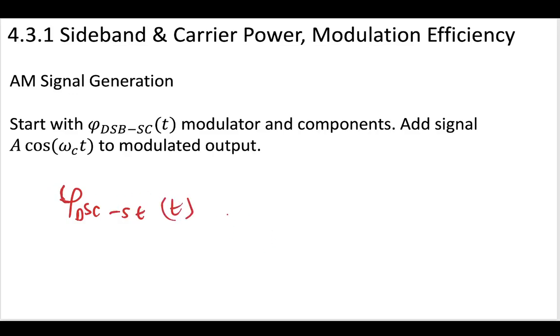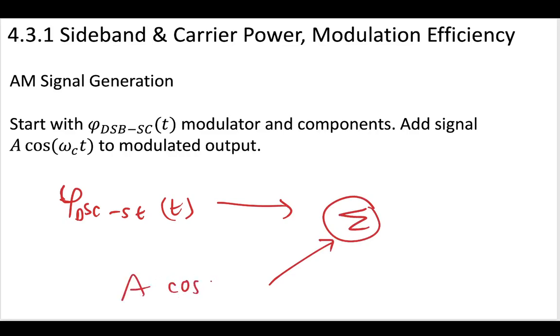And then at the very end, put this into some summer, something that can add in another signal, which has your carrier. So by this method, you could start from your DSB-SC, double sideband suppressed carrier, and you could get